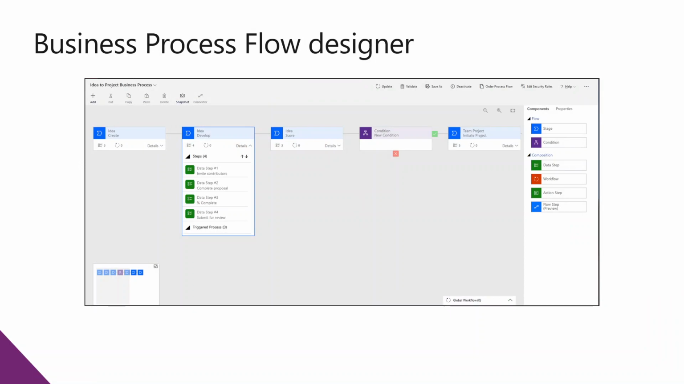And now the business process flow designer. So here, these are the gateways. In this example, what we're seeing is stage one is that the idea gets created. Stage two, it's being developed. Stage three, it's at a scoring stage. Then there's a condition. If that condition is met, it goes off to initiate a project. If it's not met, then it just doesn't happen. So across the top, you've got these stages, and then within each stage, you have